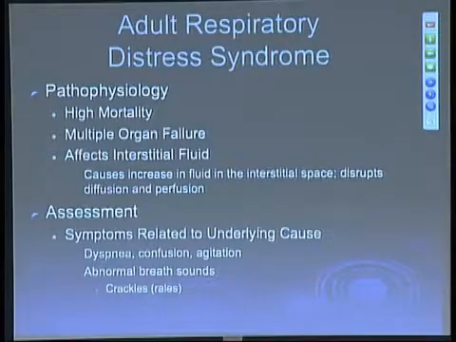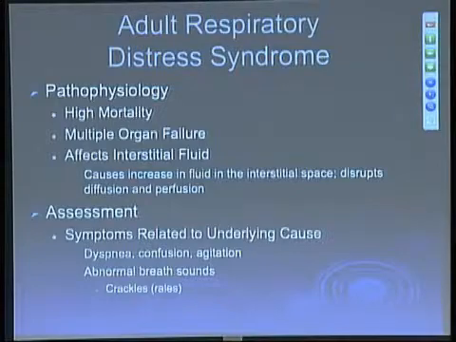Interstitial fluid, the interstitial space widens, and among other things it decreases the ability of oxygen and CO2 to be transported across that space and across the membrane and into or out of the intercapillary space. Very high mortality. It's associated with multiple organ failure. What